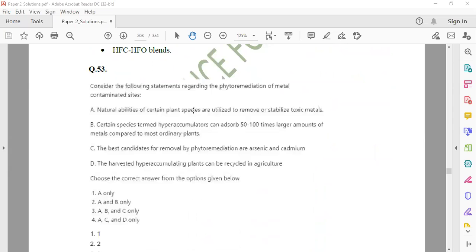Now let's move to question number 53, which is a very important question. Let's see what question number 53 says. It is basically a question from phytoremediation, which has been repeated multiple times. So when you talk about